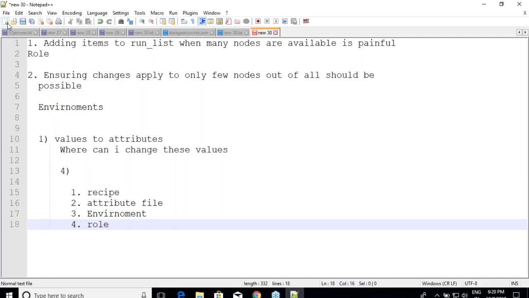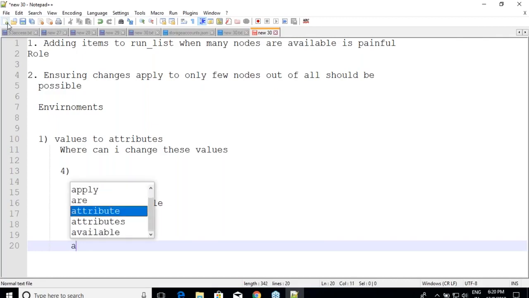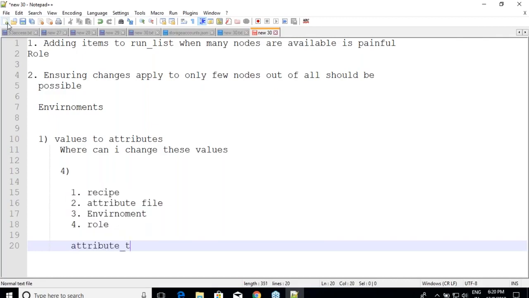That's not it. This is just half of the story. We have something more to be added. All right. So apart from the places, whenever we define attributes or define a value, there is something called as attribute type. We have attribute type, and one attribute type which we have been using till now is default.